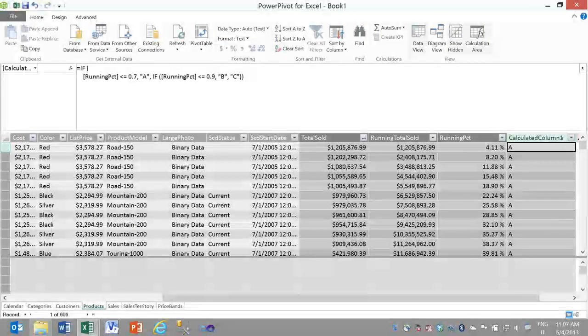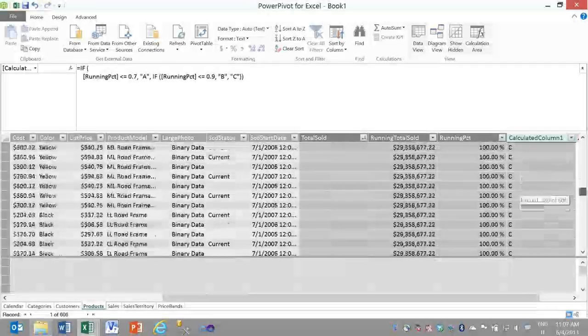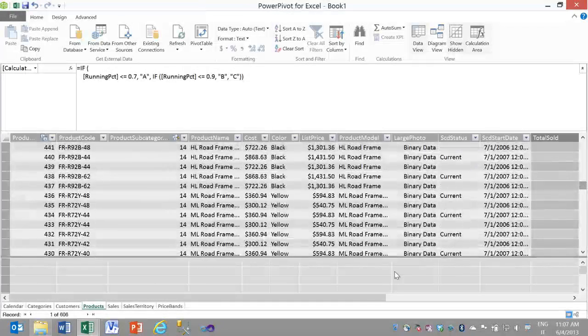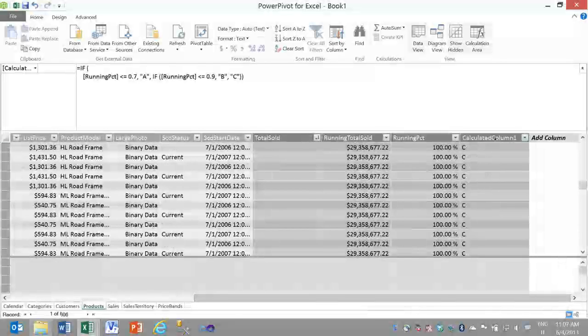Okay, computed. You see we are in class A here, then starts class B, and then we have class C for all the products that sold not enough. We rename the column,